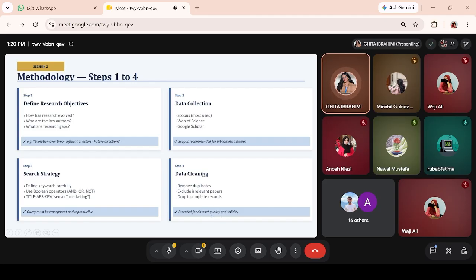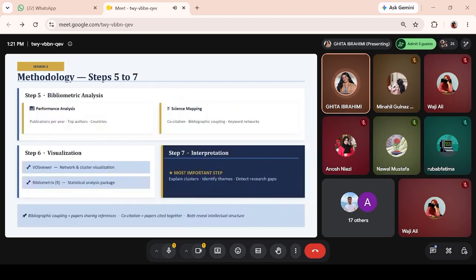Afterwards, we have data cleaning. The raw dataset extracted from your database will invariably contain noise. I mean, duplicate records, papers in irrelevant languages, documents without abstract, or entries with incomplete metadata. Data cleaning is therefore an essential, too often underestimated step. The quality of your bibliometric analysis is entirely contingent on the quality of your dataset. So with a clean dataset, now you can perform your bibliometric analysis,